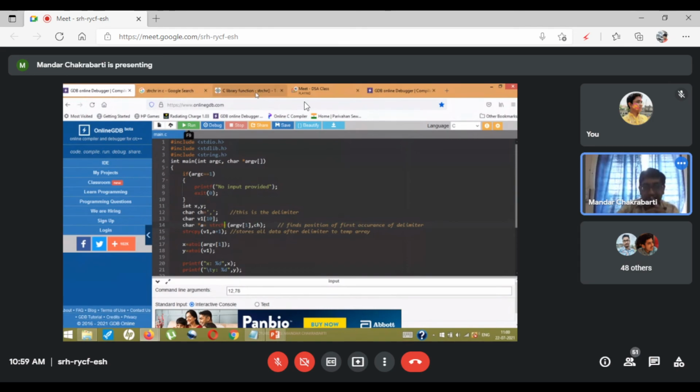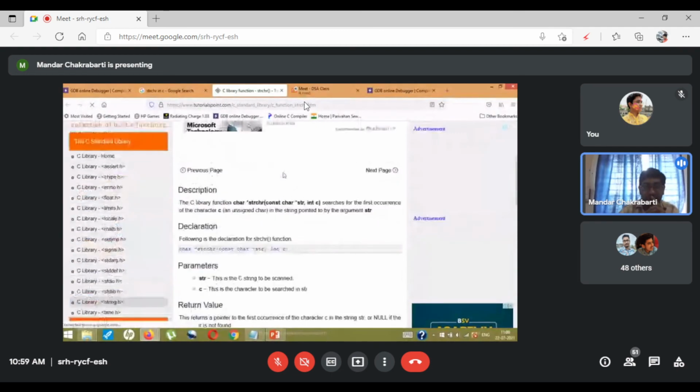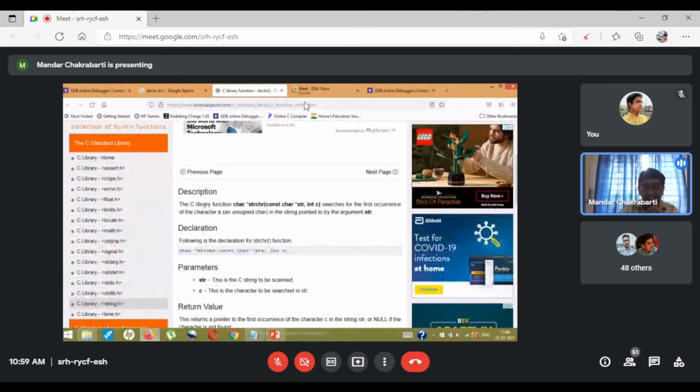This is the working of strchr. The strchr searches for the first occurrence of character c in the string pointed to by the argument str, and it returns the position as a pointer, because this is a character pointer return type.